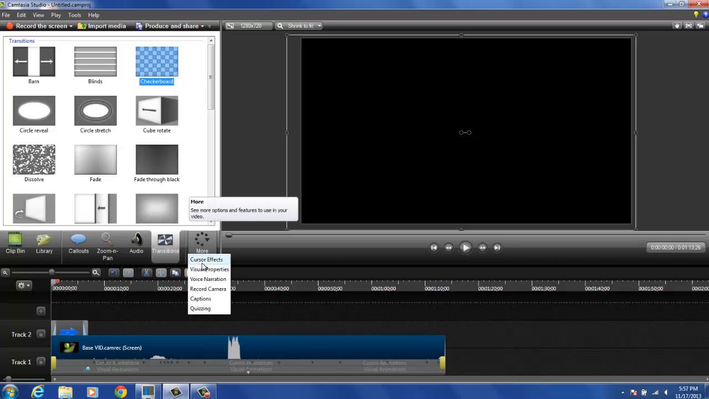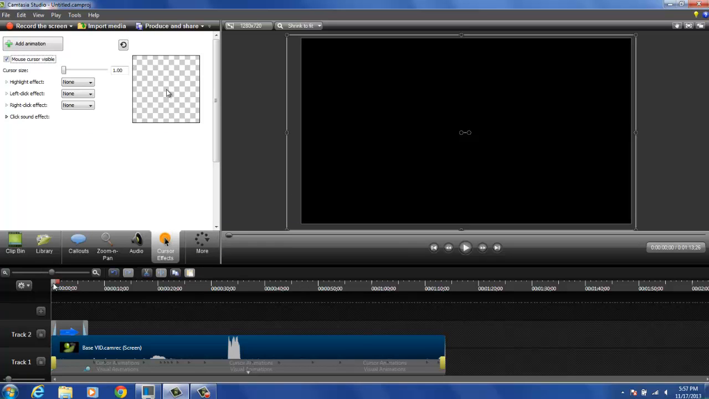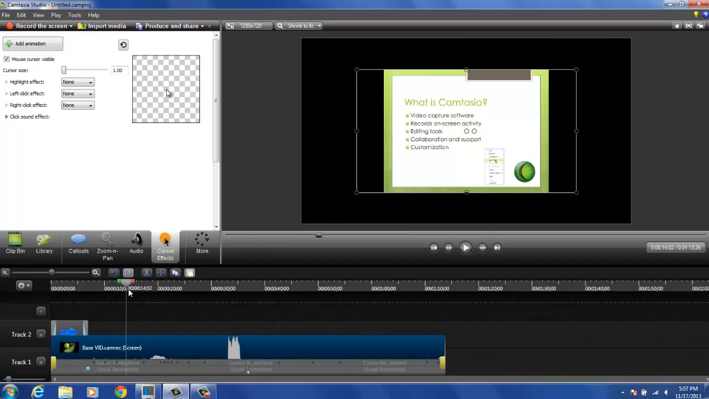Next, I want to show you the cursor effects. You're going to want to click the add animation. You can do a highlighter effect, or you can do a magnifying effect, so it magnifies it so you can see it better, or a spotlight